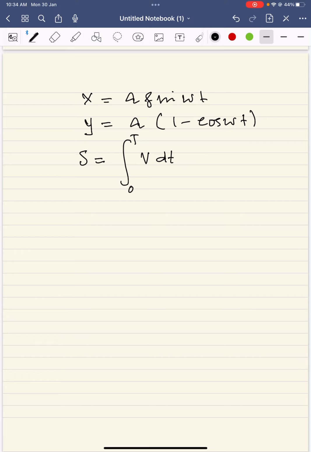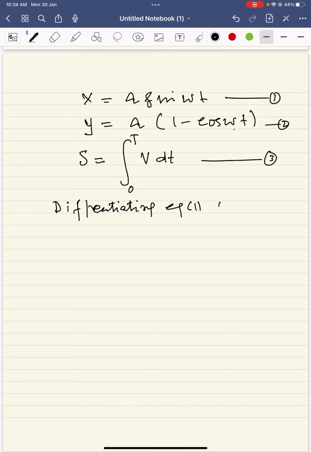Here acceleration is not constant. If we differentiate x two times to find acceleration, that will also be a function of time. If we differentiate y two times to find the y component of acceleration, that will also be a function of time. So what we do is we differentiate equation first and equation second, and we get